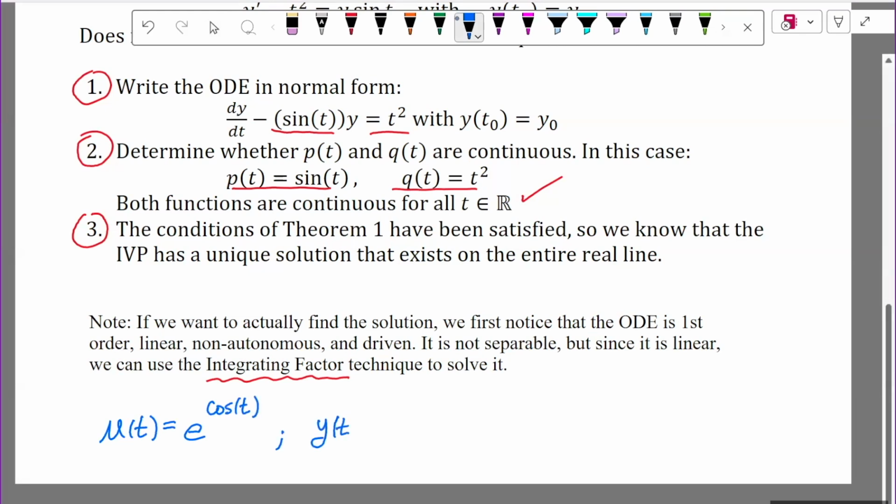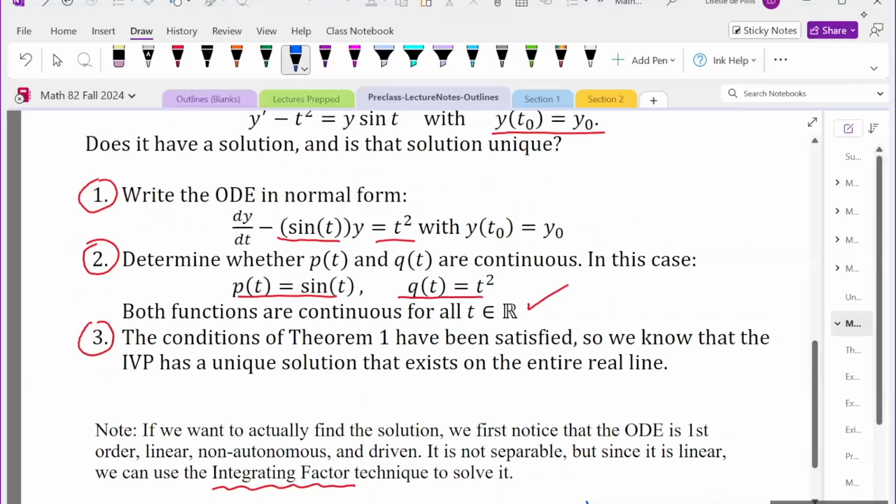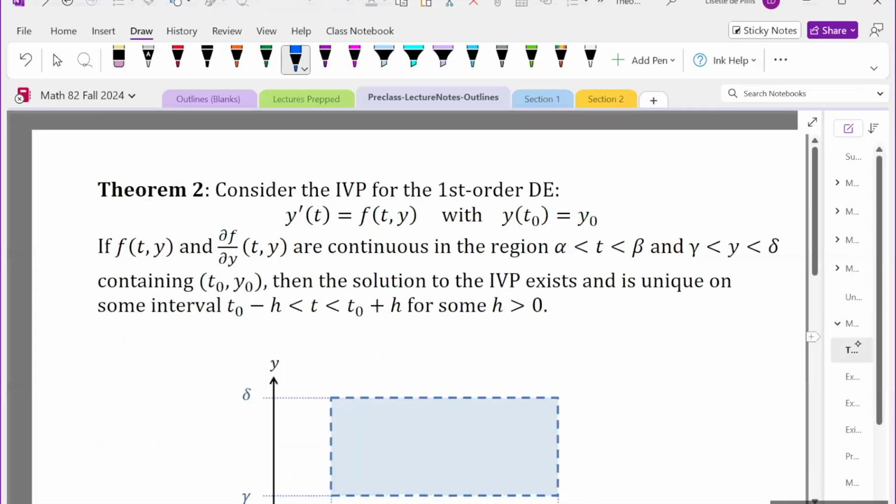A general form for your solution might be e to the minus cosine t, integral of e to the cosine t, t squared dt, something you'll have to integrate, plus a constant. But at least you actually have a form for your solution y. All right, let's go to the next page where we can now consider a theorem that can be applied to